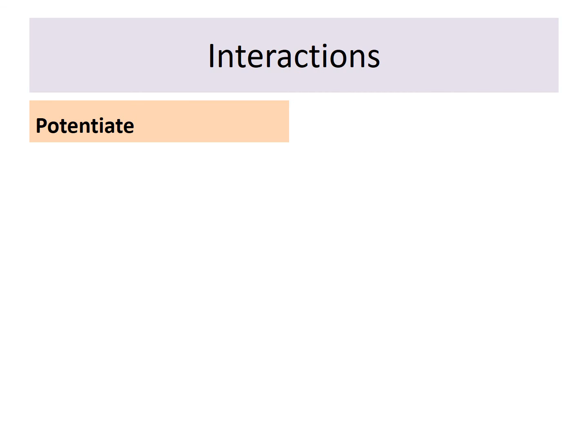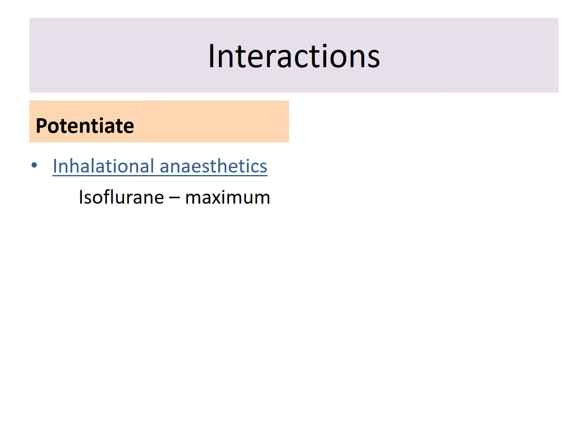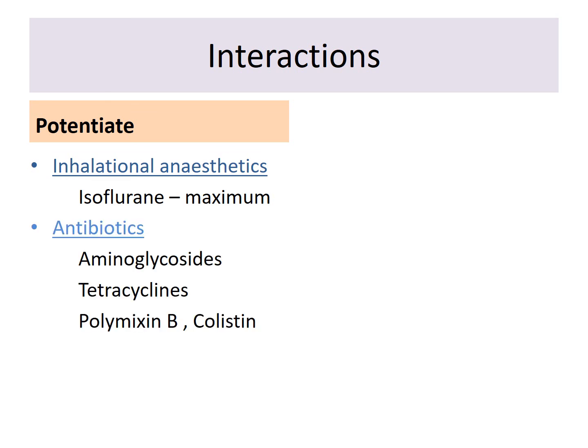A few drug interactions with skeletal muscle relaxants. First, a few agents potentiate the actions of skeletal muscle relaxants, that means they lead to skeletal muscle relaxation, like inhalational anesthetic agents such as isoflurane, antibiotics like tetracyclines, aminoglycosides, polymyxin, colistin, calcium channel blockers, and diuretics. Tetracyclines form a chelating, unstable or inactive compound. That means they chelate the calcium, so calcium cannot bind to the receptors, which does not lead to muscular contraction. And diuretics produce a hypokalemic situation. Hypokalemia further enhances the